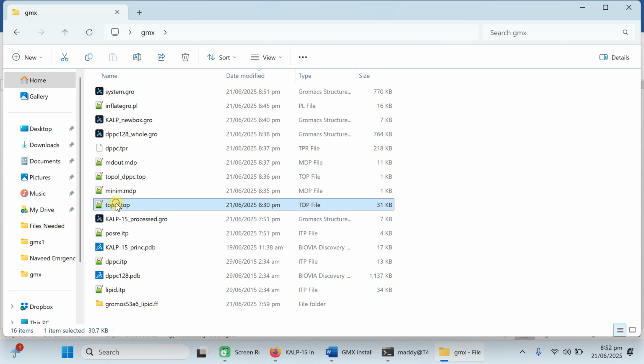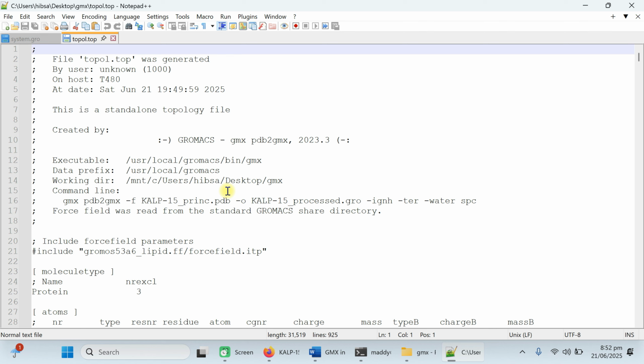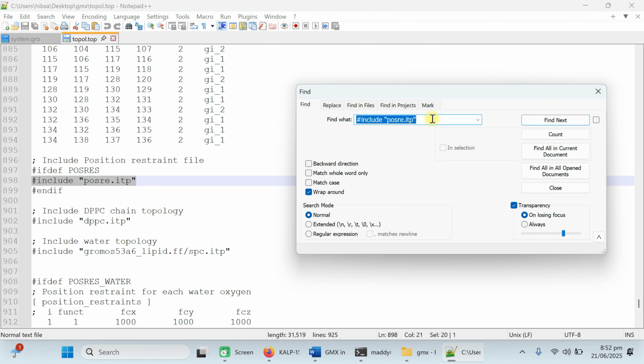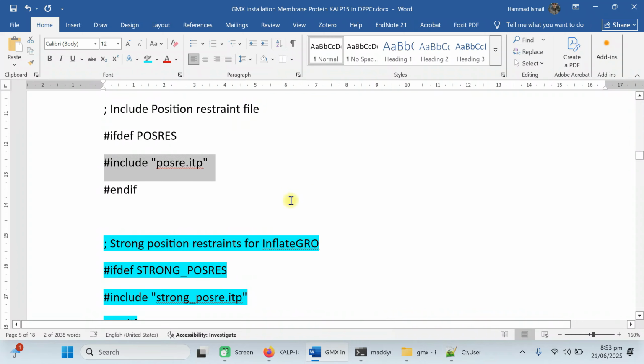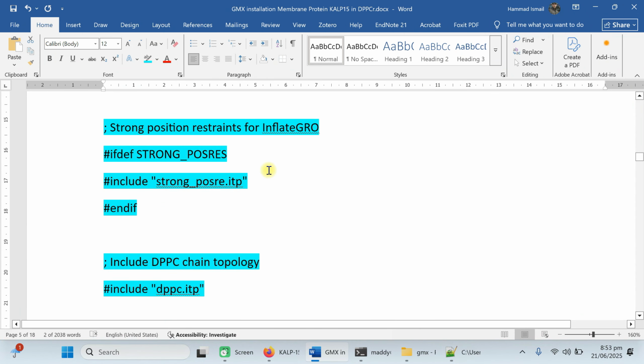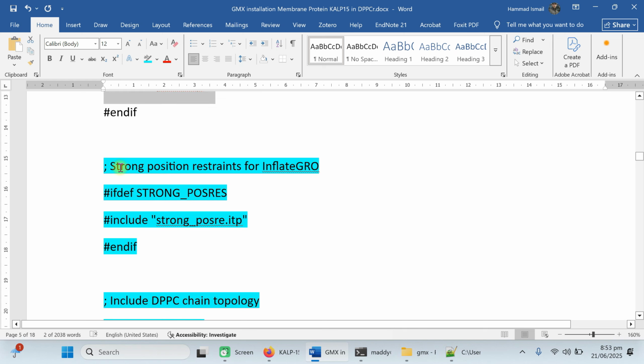Go to your folder and search for the topol.top. Open this in your editor. Press Ctrl F. Find this line. This is the line. Change this line to this one,